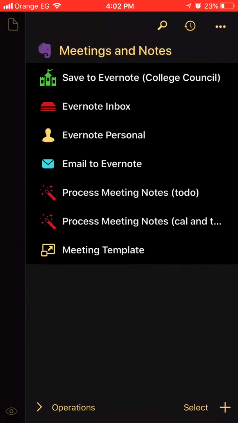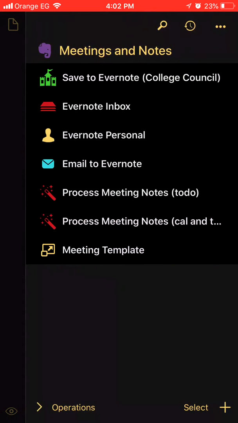I have defined an entire set of actions which I dedicate to handling my meetings and notes. If you press at the top right corner like I did here, the actions that you have defined appear, and these are the actions I have defined to handle my meetings. The first action I use is the meeting template, which populates the note with things I would like to write